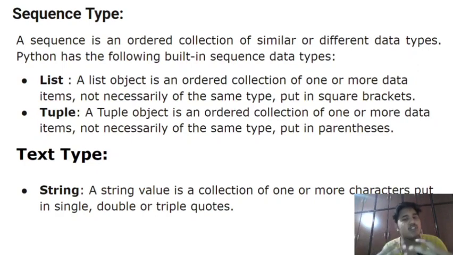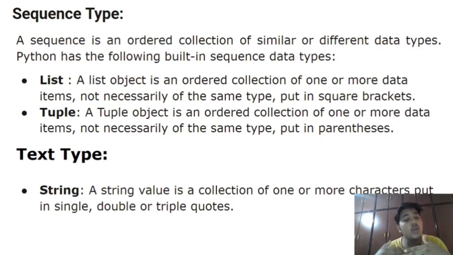It is an ordered collection because we maintain an index for each and every element that we store in the list. The list is a heterogeneous collection of elements. That means we can store different types of data elements, not only similar types. Let us consider the example of student data. A student might have a name, roll number, and some extra details like marks and section. All these are different data types, and all of this can be stored in a list. A list is a heterogeneous collection of elements, and it is represented using square brackets.